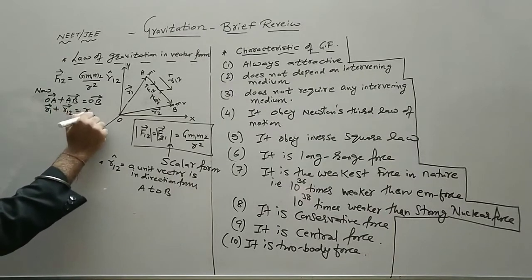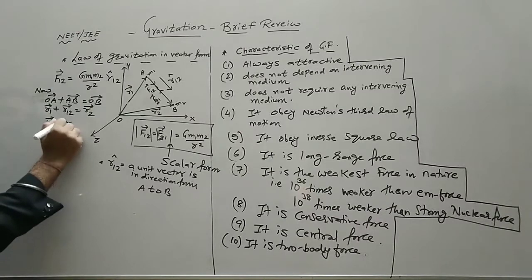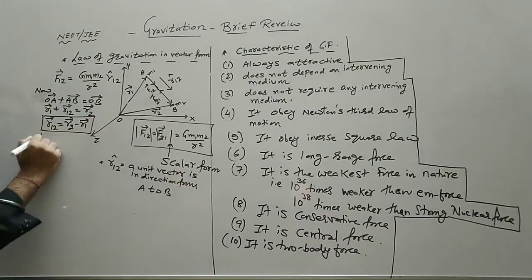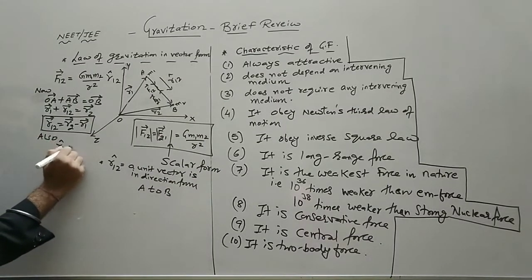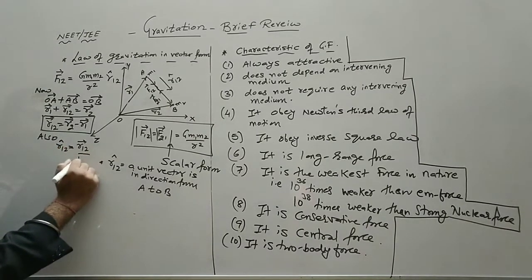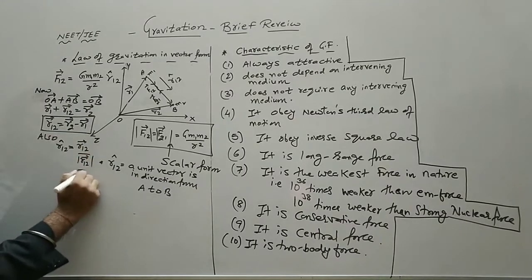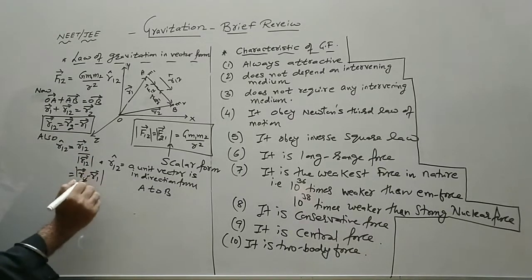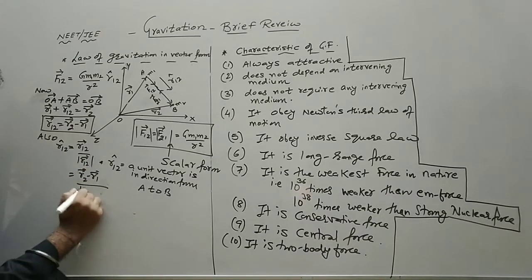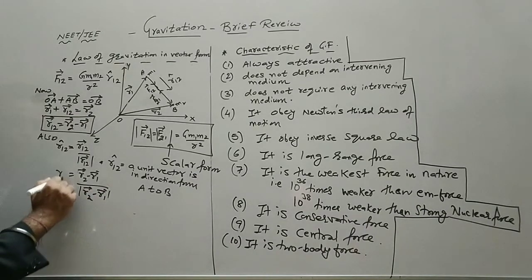So that is equal to R2. So R12 is equal to R2 minus R1. Also, R12 cap, that is the definition of unit vector, a vector divided by its magnitude. So this R12 cap is R2 minus R1 divided by the magnitude of R2 minus R1. So we substitute these two formulas